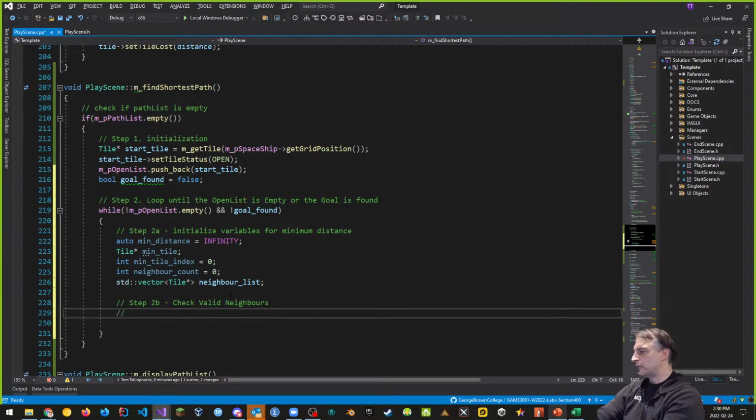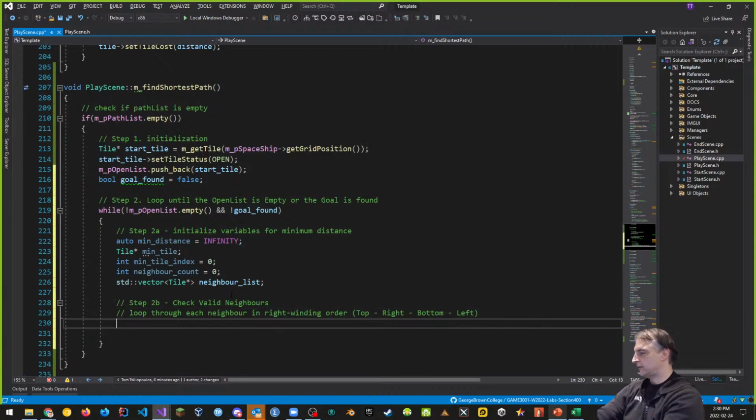And what we're going to do is loop through each neighbor in right winding order. That's what we're going to do. So that means top. Remember that whole thing? Right, bottom, left. Those are the neighbors we're going to check,